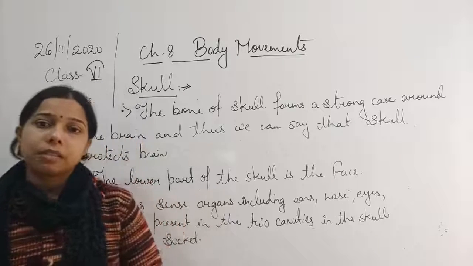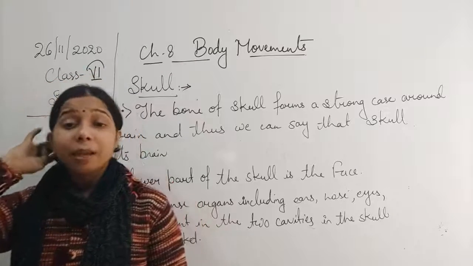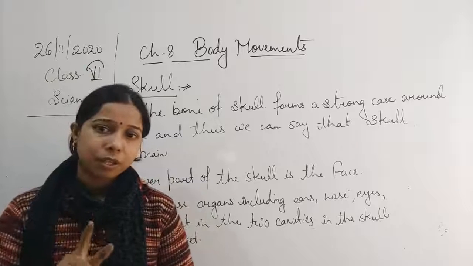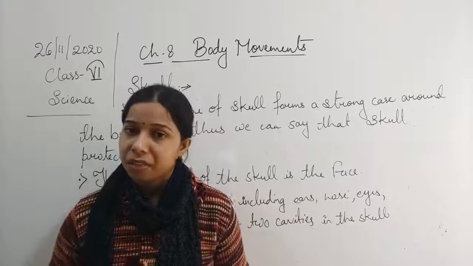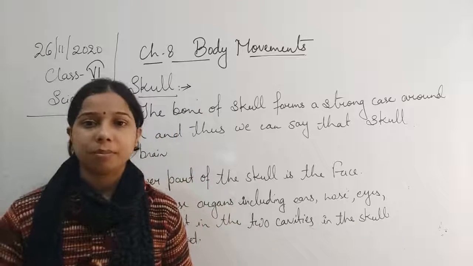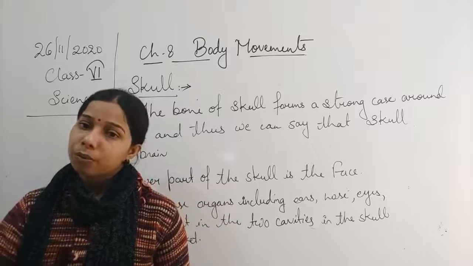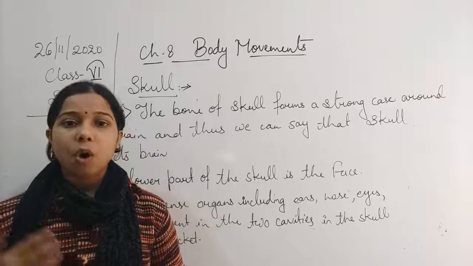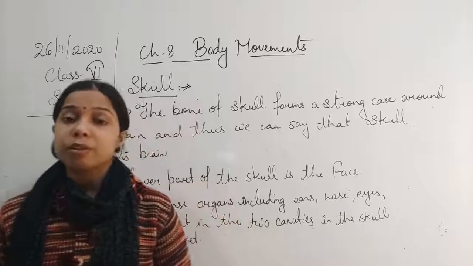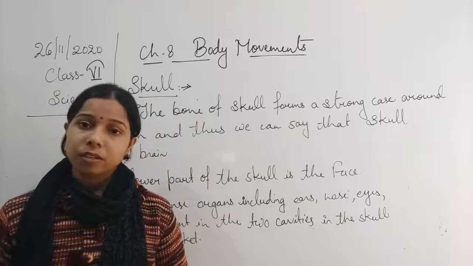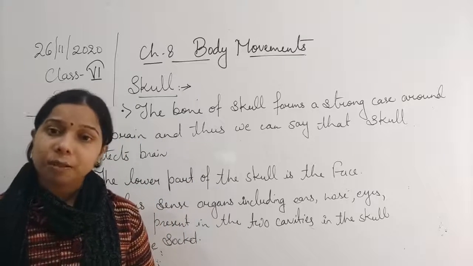So this is all about the skull, student. The upper part of the skull helps in covering a very delicate organ, that is the brain. You know that the brain controls our body. It is the brain which regulates each and everything. So we can say the master of our body is the brain only. It controls everything, when the hormones will be released, how the organs will work, everything is operated by the brain. That's why it is a very delicate, very soft organ, so it should be protected. And it is protected by the upper part of the skull. Okay, and that's why you can say the skull protects the brain.